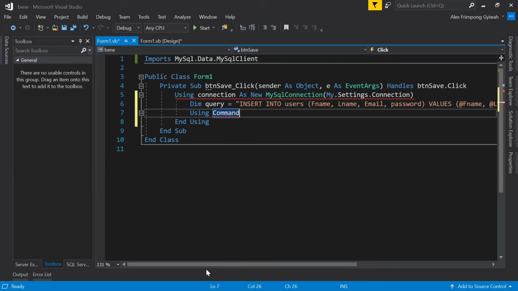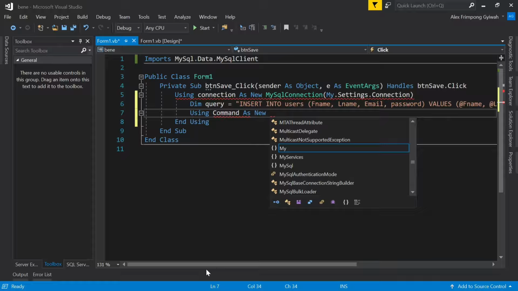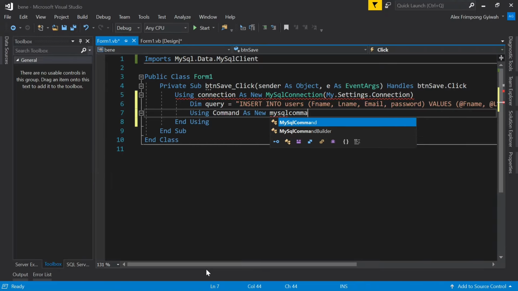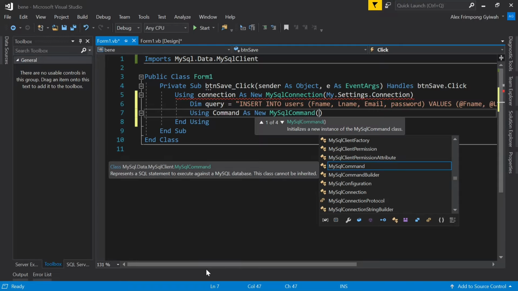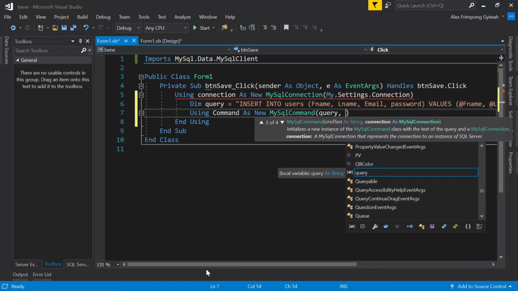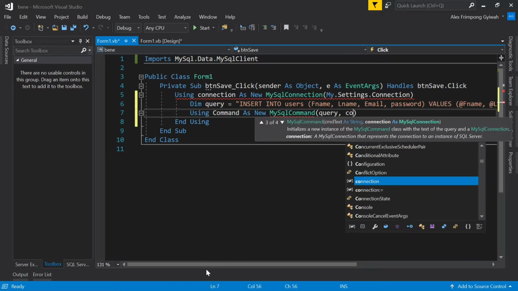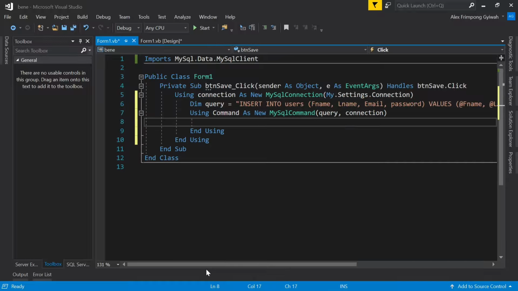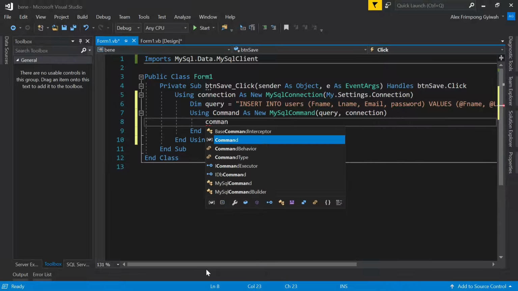So say using command. Command is a variable, so you can give it any name you like. But as new MySQL command is not a variable, it's a class, and the argument should be two. The first one is the query, and the second one is the connection. Now here we go straight forward to use the command. So we say command dot